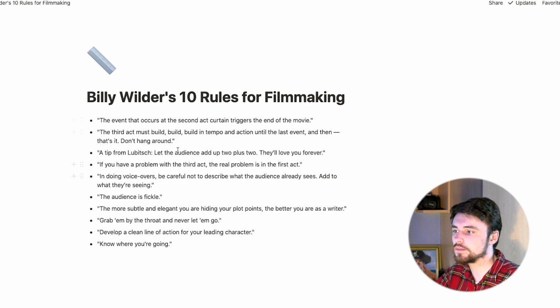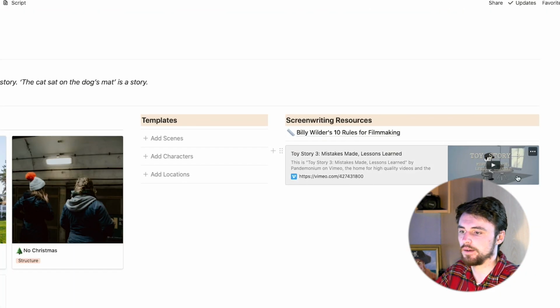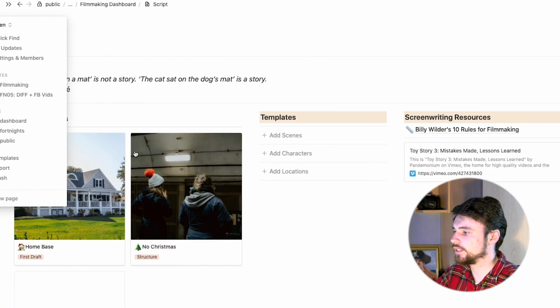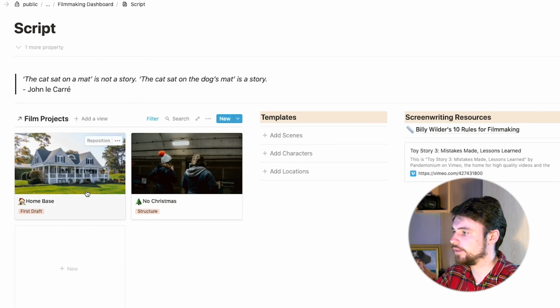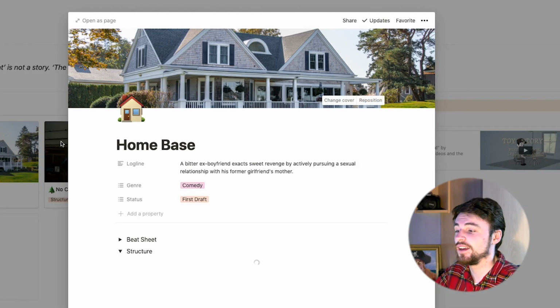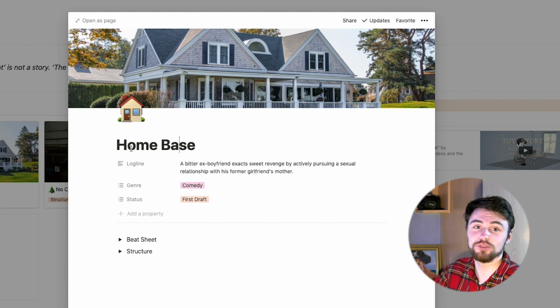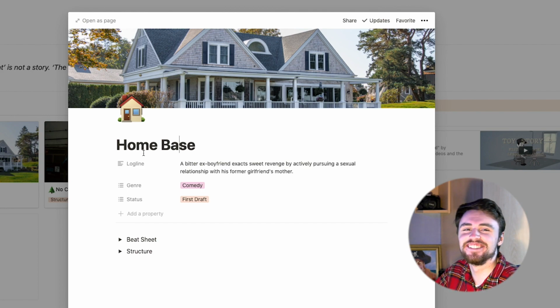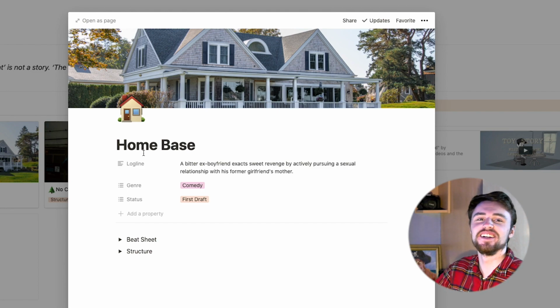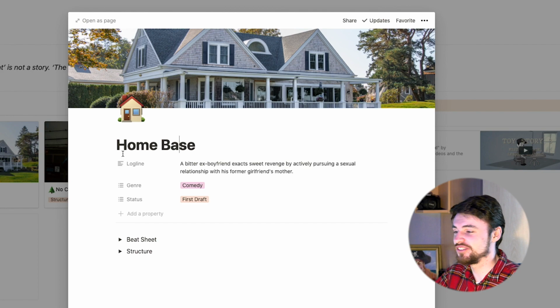So you can write notes like this within Notion, or you can obviously link to stuff as well, like I have with that video. What I really want to get into is, so I'll show you this one first, which is a bit of an explanation. So I needed a film that I knew the structure of to do quickly when I was making this. And I was like, oh, I really know the structure of the 10-minute long short Home Base because I've watched it hundreds of times. So I went with that.